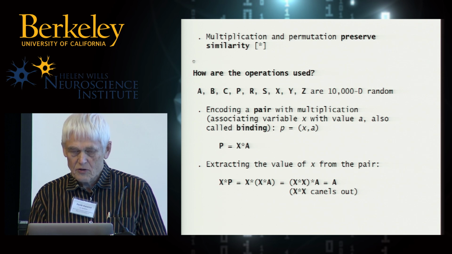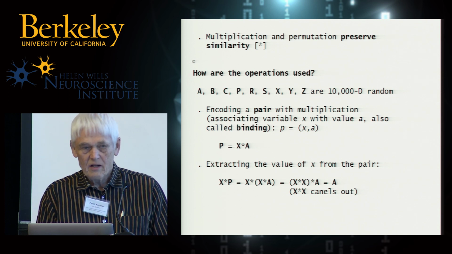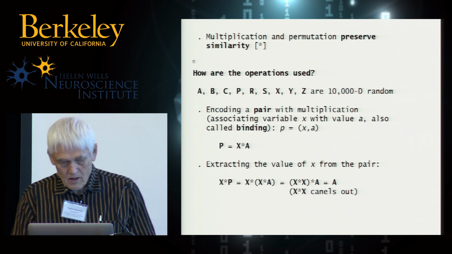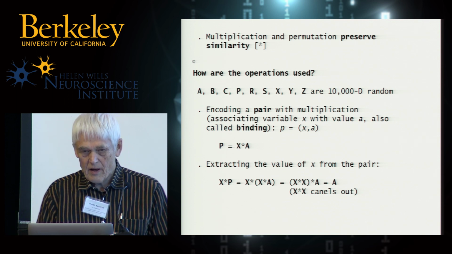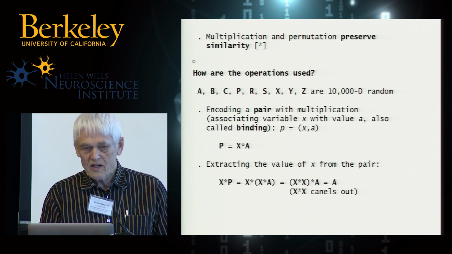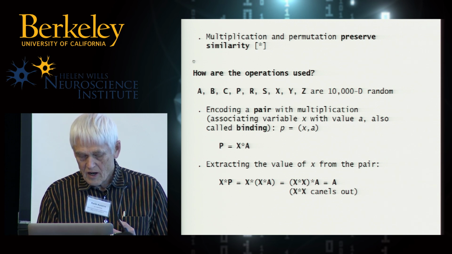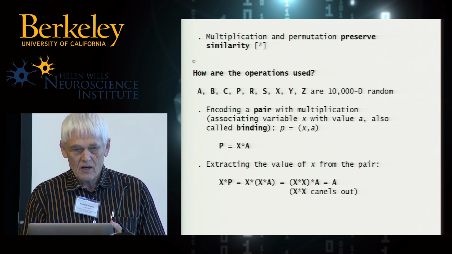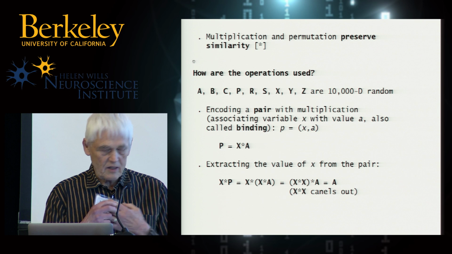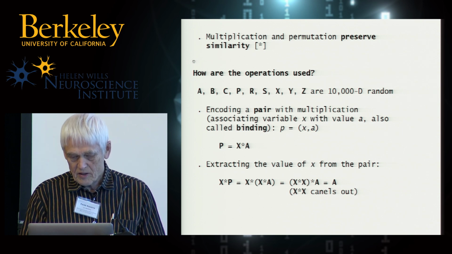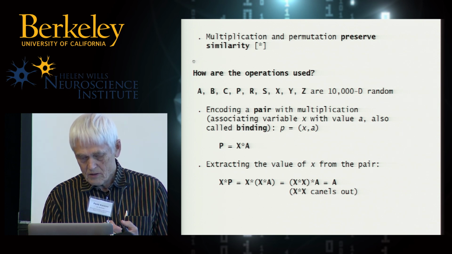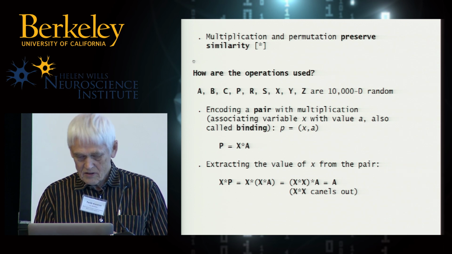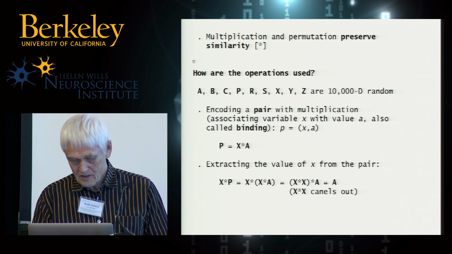The association could mean something like the value of the variable x is a. And when we have a bound pair, you can extract one of the arguments if you know the other. Here we use again the multiplication operator to extract the other element of the pair. The line reads x times p, and the p has been expanded into x times a,